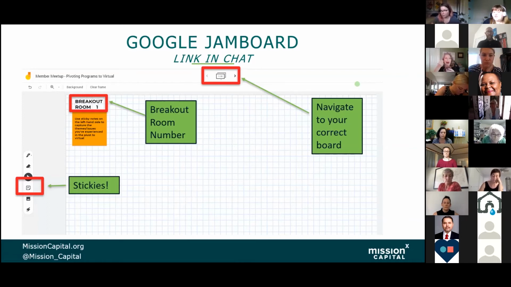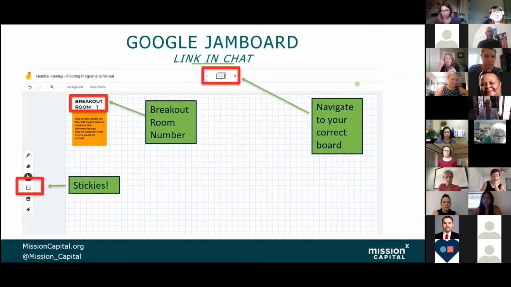And I believe the link for the Jamboard will also be pasted. What you're looking at on the screen now is what the Jamboard will look like when you get in there. It's almost like a PowerPoint slide, but it's specific and for you to be able to collaborate. Your Jamboard will correspond to your room number, and you will be assigned your breakout room number when Mary opens up the rooms. She's not opening them up now because as soon as you click on them, you go to the other room and disappear from this. So we're just going over the orientation. The breakout session will be 15 minutes, and the ideas that you generate in this session will be used in the second breakout after the break.